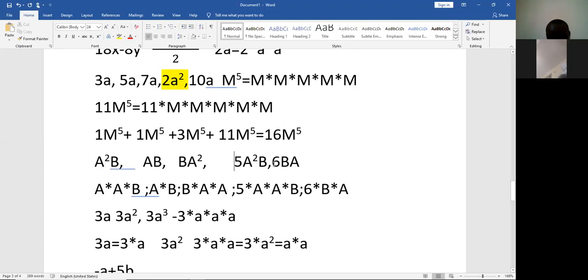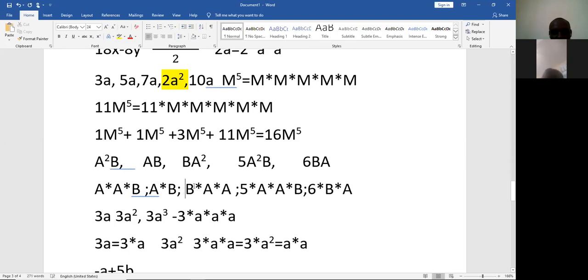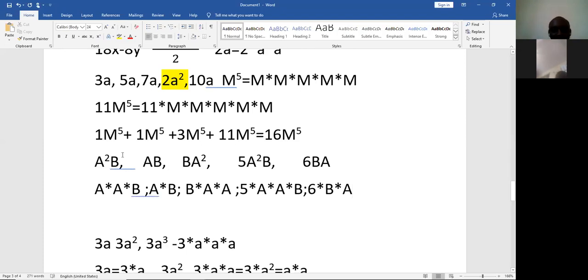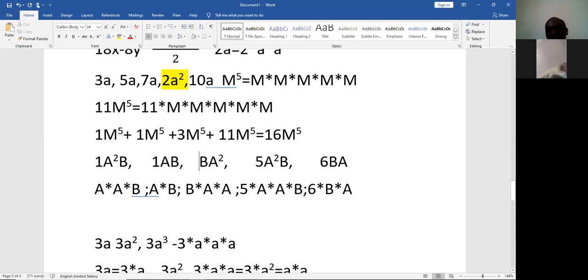So I'm trying to show what that means. a squared b is a squared times b. ab is a times b. ba is b times a, and so on and so forth. So we want to pick the like terms. Whatever is squared here is a. So anytime we see this, it means the coefficient is taken as 1, 1, 1, then 5, and this one is 6. So a squared b, a is the one that is squared. So this is the same as this.